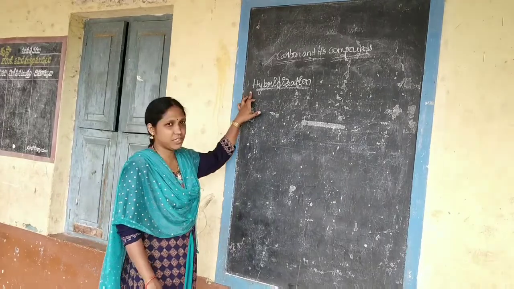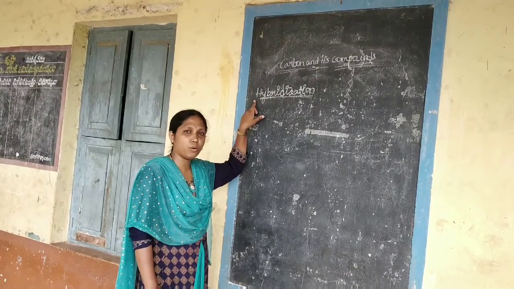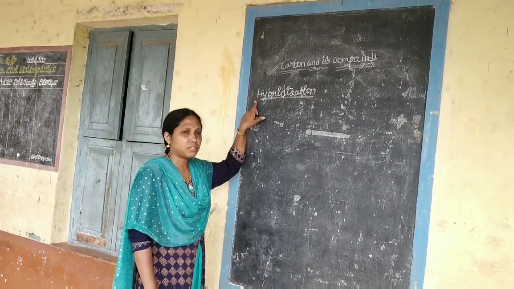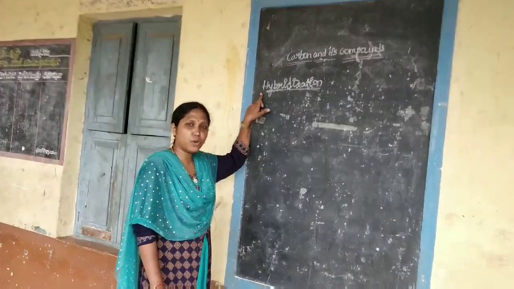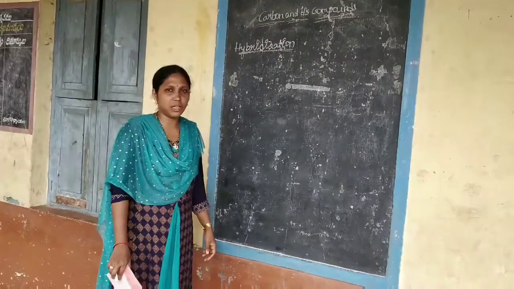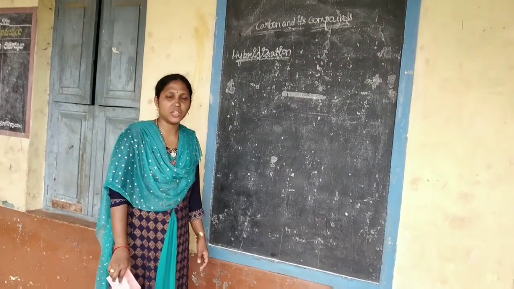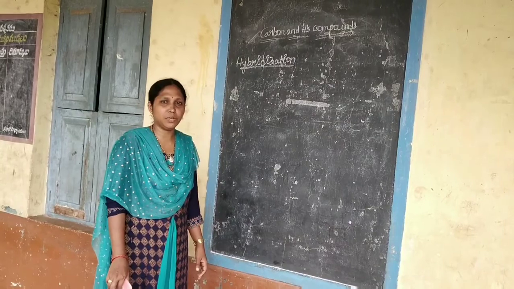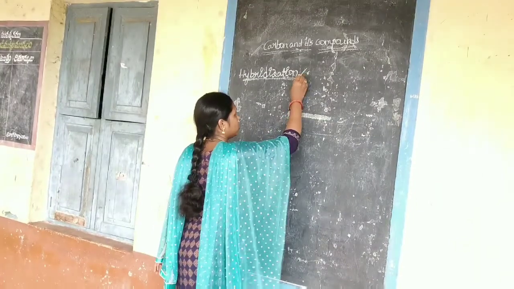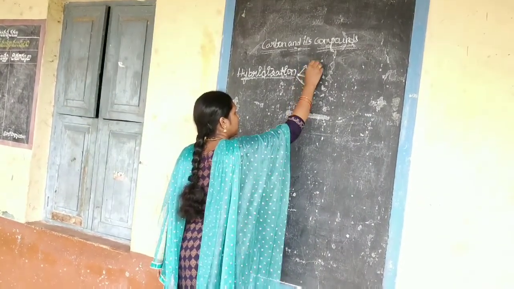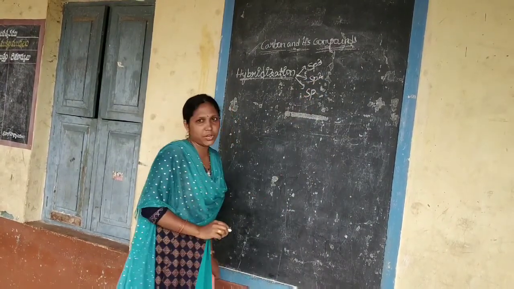What is hybridization? Hybridization means the intermixing or amalgamation of the orbitals of the same atom having similar energy and different shapes to form new identical orbitals. That phenomenon is known as hybridization, and the orbitals are known as the hybrid orbitals. Here carbon shows three types of hybridizations. What are those? Those are sp3 hybridization, sp2 hybridization and sp hybridization.